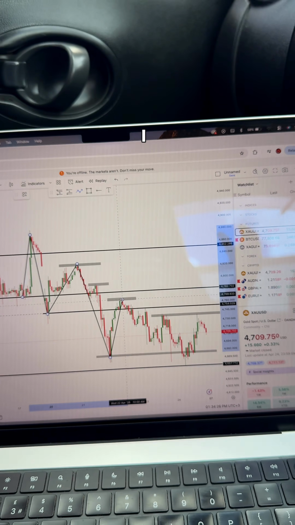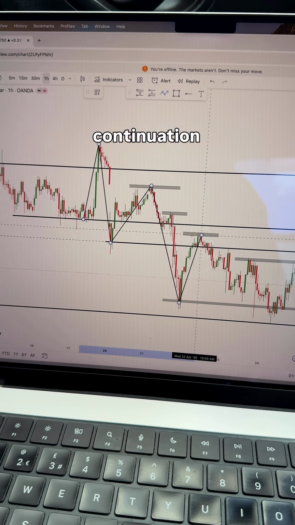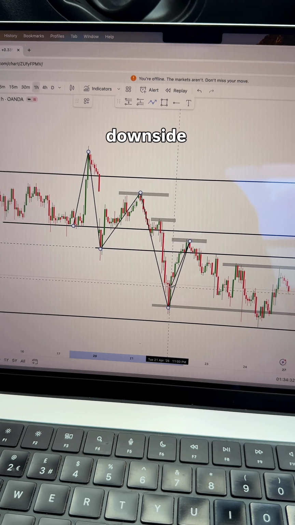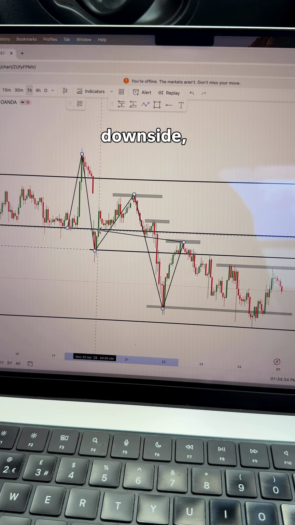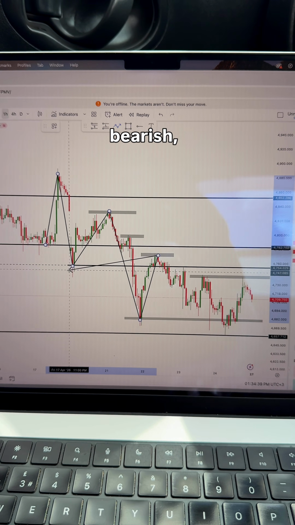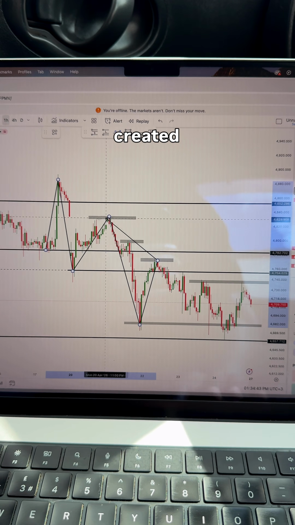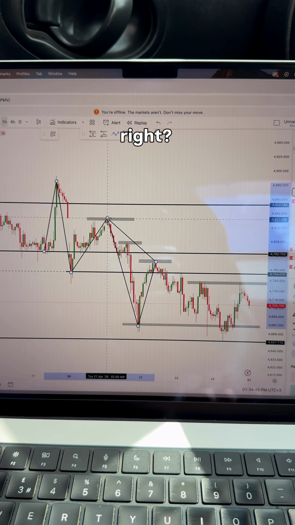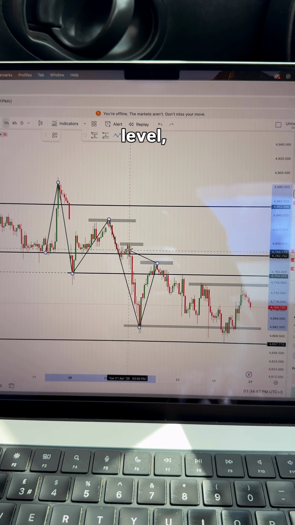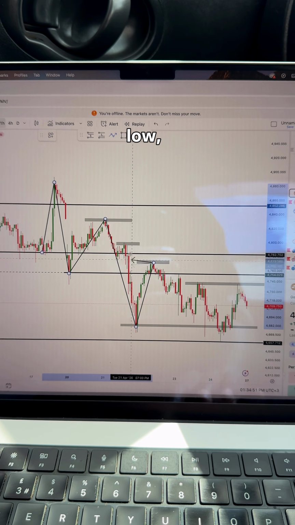As I told you, I trade ICC, which is indication, correction, and continuation. I had a new indication to the downside. This was my first indication to the downside, showing me that for under 47.82, price was going to go bearish, right? I had my indication, price corrected and created a lower high, right? Came back under the level, ended up breaking this recent low, then created a lower low, which then gave me